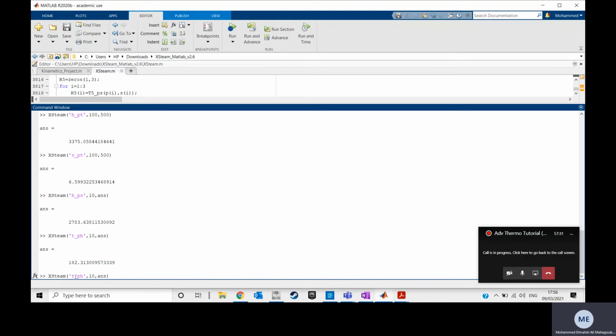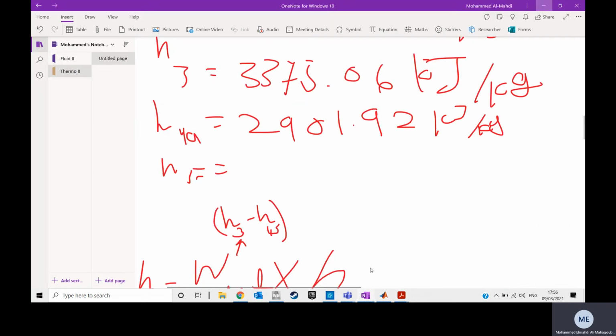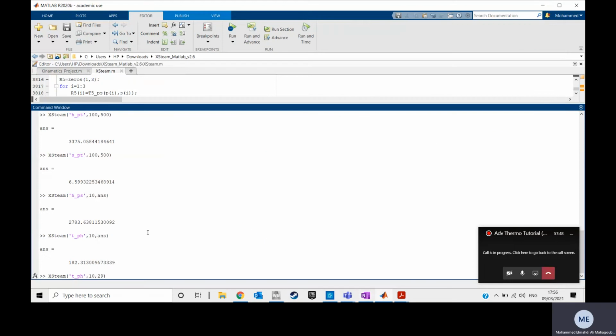Let's get its temperature. I want the temperature from the pressure and the H. Where is the new H? I'm going to write it, because we calculated it manually. It is 2901.92. So hit enter. The temperature is 231. Let me go to table A6 just to double check it. So 231, at 1 megapascal, so it is between 200 and 250. So yes, in that range, I have the